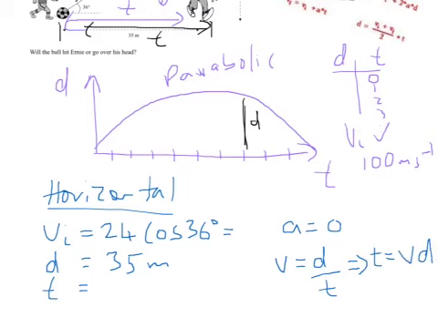So just quickly plugging that into the calculator to find out the horizontal velocity. I can actually scribble out that initial part because it's just a constant horizontal velocity. So 24 cosine of 36 degrees gives us 19.42